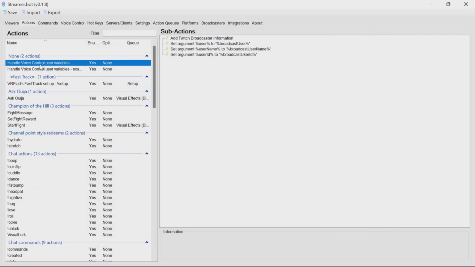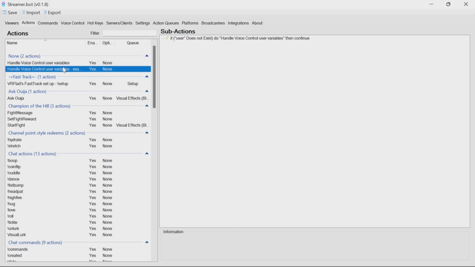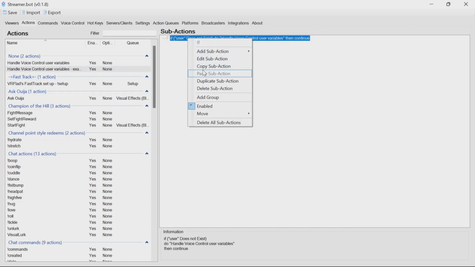So it's handle voice control user variables. So this is a fix. And what this does is gets the Twitch broadcaster information and sets additional variables that you may be using from the broadcaster. Then what you have here is handle voice control user variables. So I've used voice control here, but this does apply to Stream Deck, Touch Portal, etc. And this sub-action is all you need to add in. So you copy that sub-action,